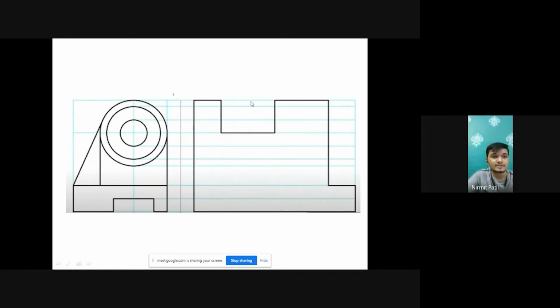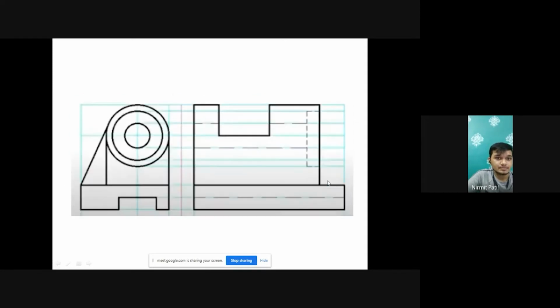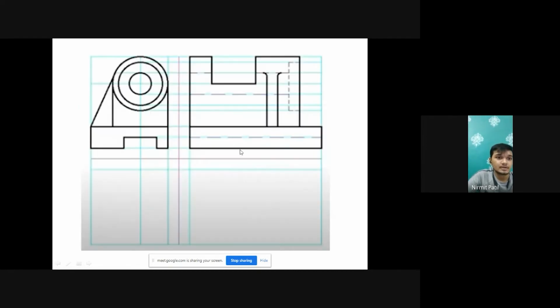From the end points of both these lines, we have to draw a line of height 25 mm. Then we have to connect these two lines. After this, with the help of the projection lines, we have to show the hidden lines. Now, in order to construct the rib, we have to refer to the question and draw the respective length, which is 60 mm. With this, we have completed the side view.